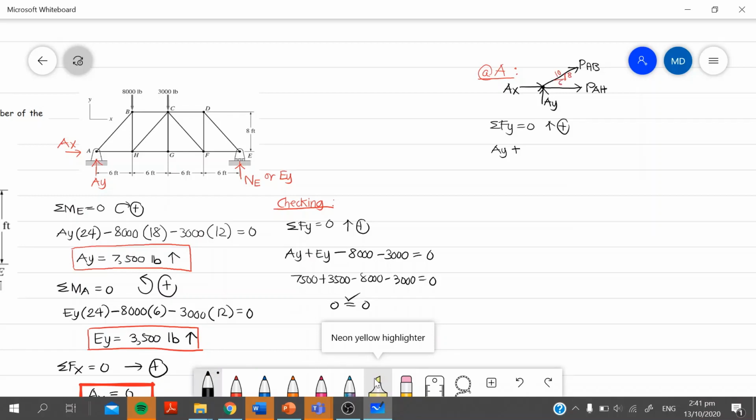So, therefore, plus force AB times slope niya vertical is 8 over 10 equal to 0. Wala nang iba. So, AY, na-solve na 7.5 plus force AB times 8 over 10. So, we have force AB to be